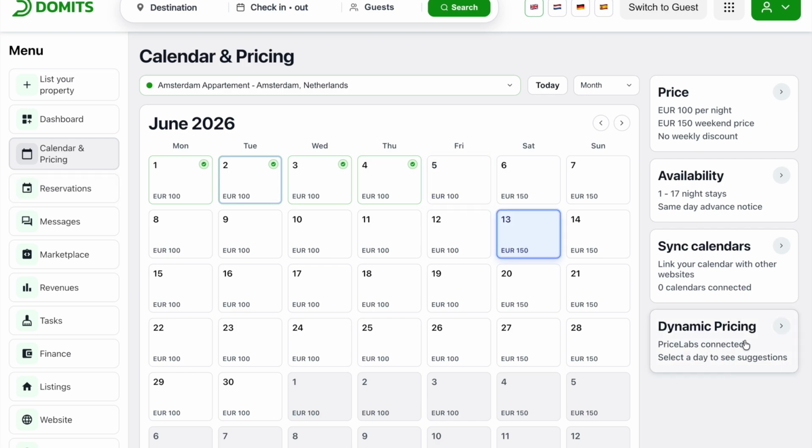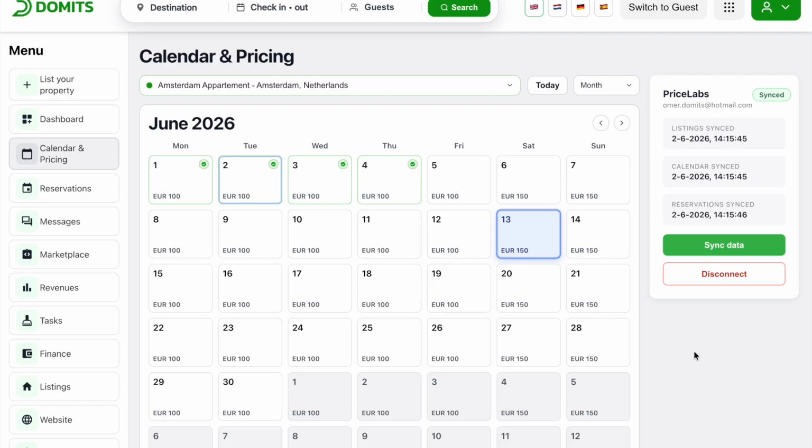Once connected, you will see a sync data button inside your dashboard. You can use this button whenever you want to send your latest information from Domits to PriceLabs. If you press on sync, you also see it's syncing and when the last time was that you synced your last data. We recommend syncing your data after making changes to your listing or calendar, so PriceLabs always has the